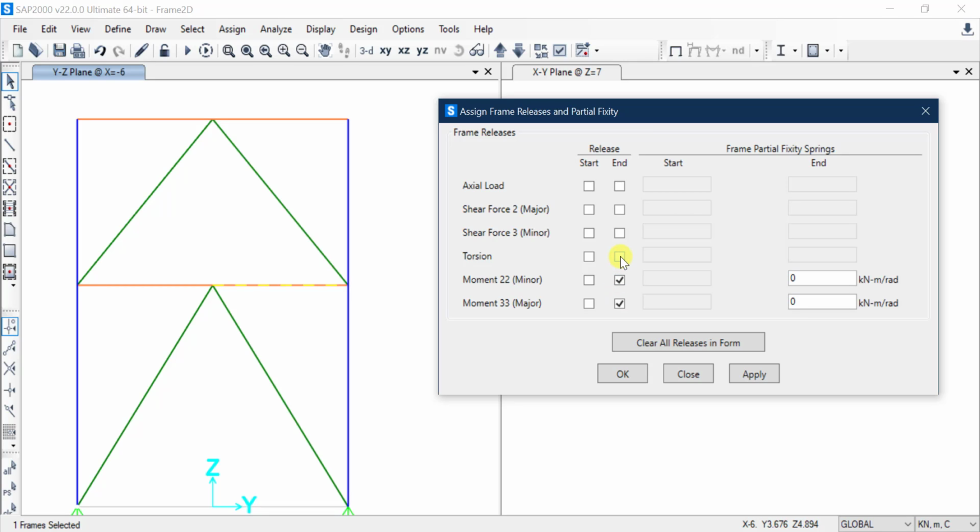So I want to release Mx and My at the end. And the stiffness will be 0 because I want it completely pinned. If I want it to be something between pinned and fixed, like partial fixity, then I may need to specify some kind of stiffness. But in this case, I want it to be completely pinned, so I will put it as 0. If I click apply,